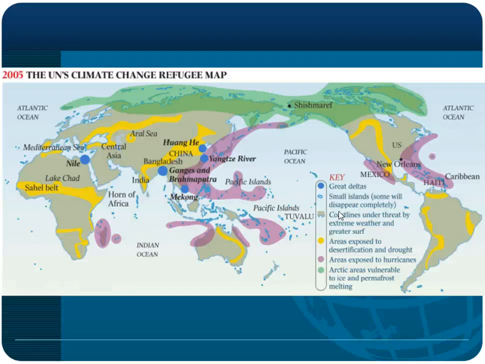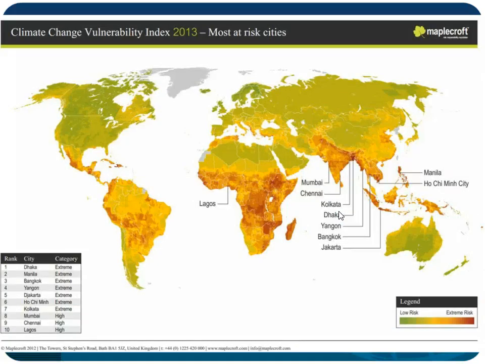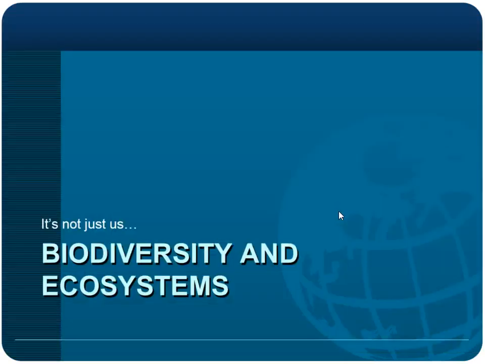And then here is the prediction for environmental refugees from climate change. These are places where people could no longer get the resources that they need, right? And so where are the places that are most vulnerable? It is going to be the developing nations. Those are the places that are going to be most at risk, because those are the places that have the least infrastructure to deal with these things, or systems, right?